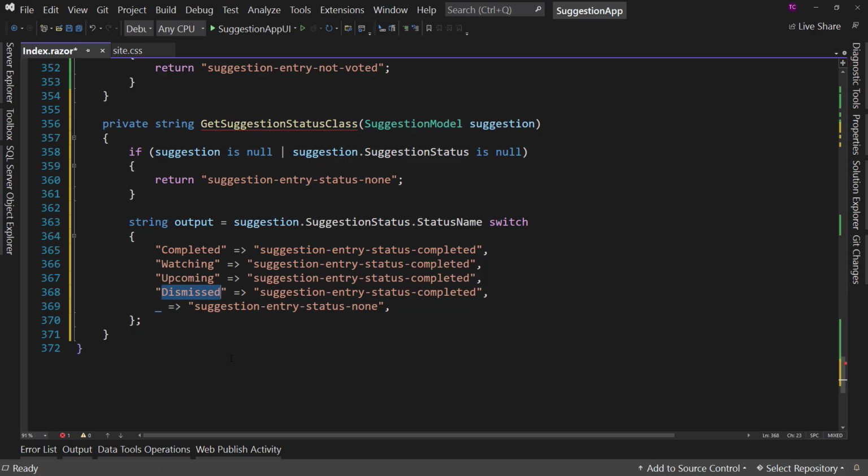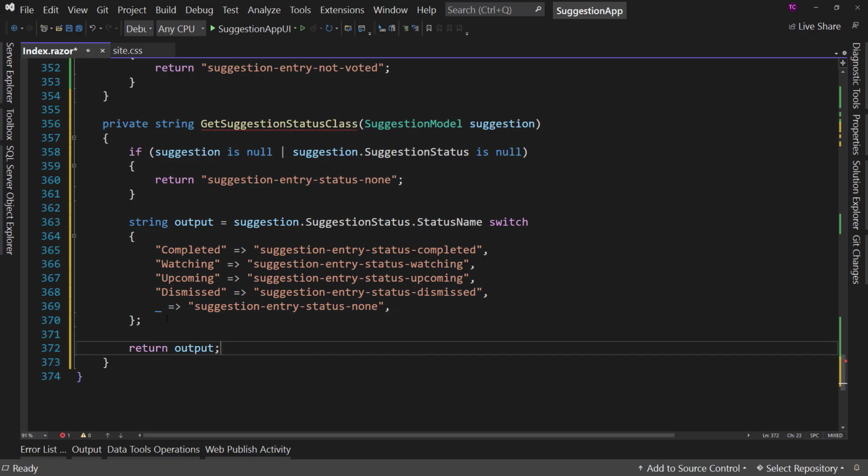If we decide that we want to allow admins to add statuses, then we'd have to go back through this code and figure out how to change the code to properly assign new classes because the color will be different as well. Speaking of which, we're going to change this to watching, upcoming, and dismissed. And then finally,